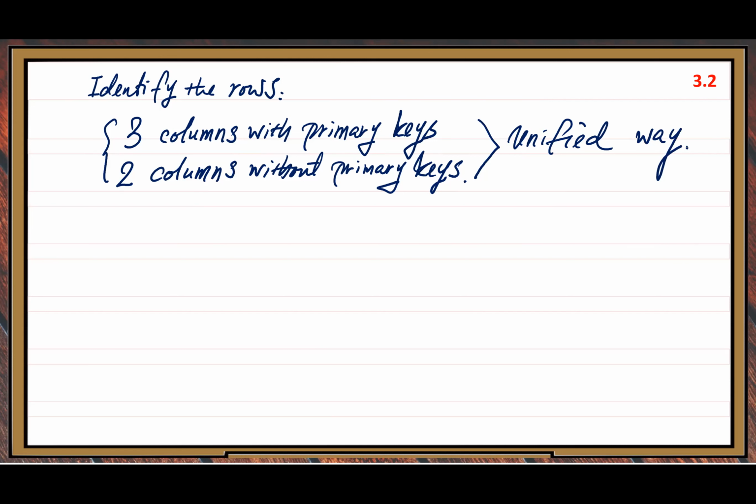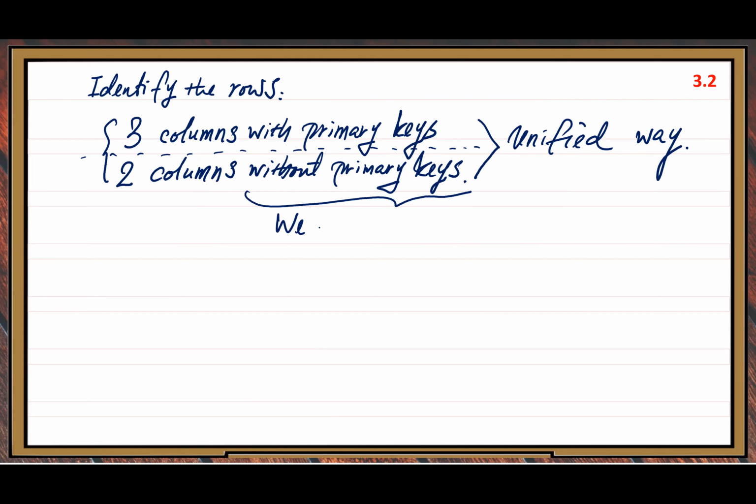Here, the unified way means for all these 5 columns, I pretty much use the same way. But at the back end, I may modify slightly, because these two different categories we have to treat them differently, right? Fortunately, for the without primary key case,